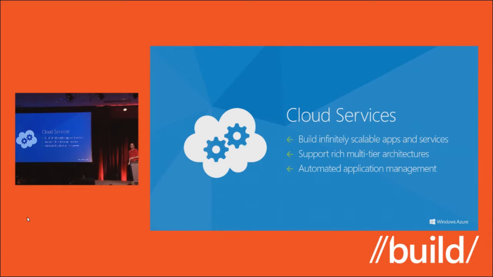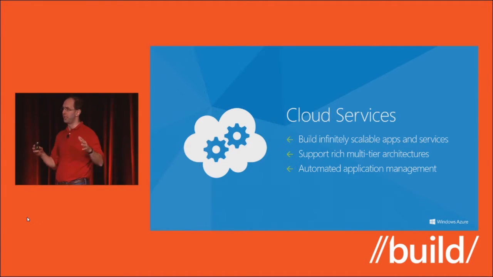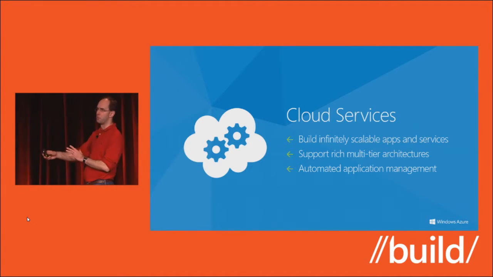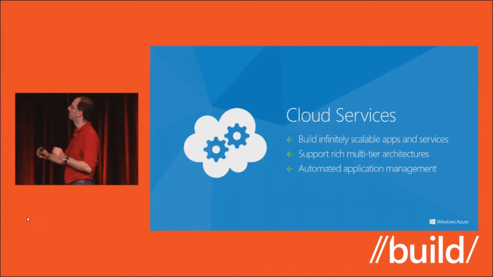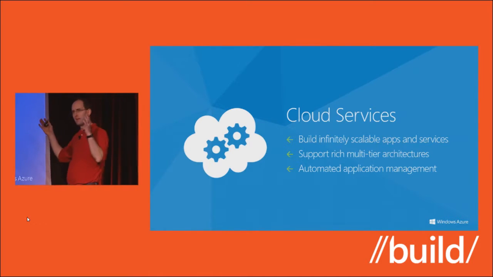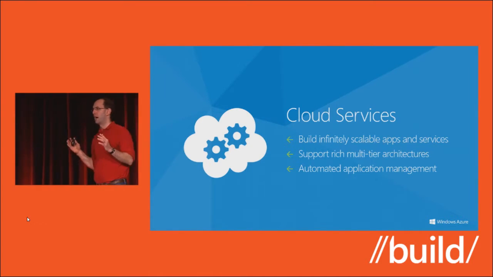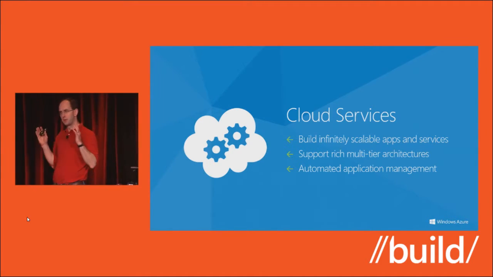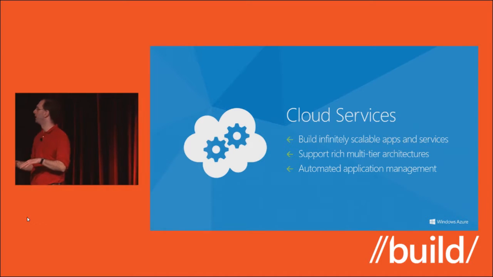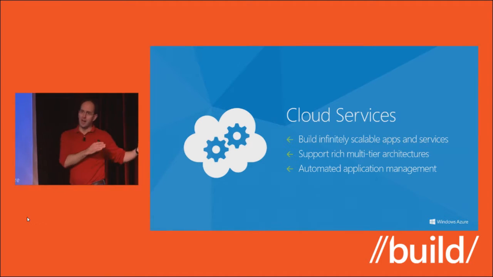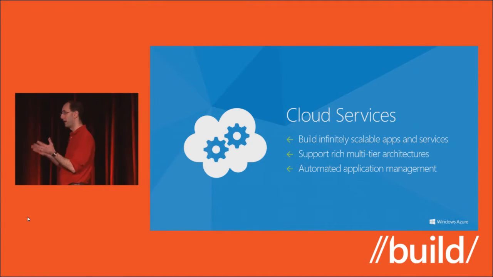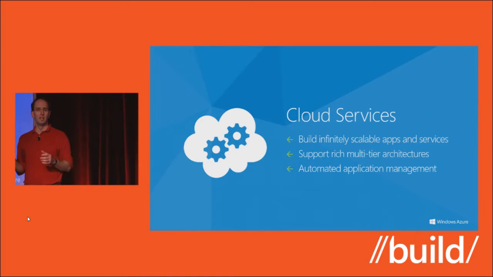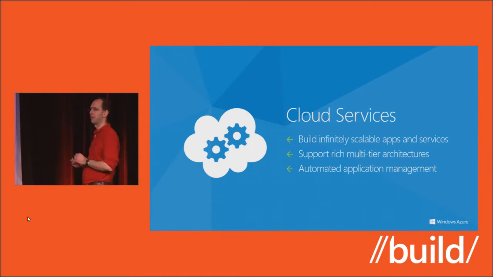Last compute model I just want to talk briefly about is called cloud services. So we talked about VMs, which give you your own machine where you can put anything you want on it. We talked about websites and mobile services, which are managed programming models designed for building web apps and mobile apps. Cloud services is kind of the grandfather of them all in terms of capabilities. And it basically provides a managed experience for deploying apps, or what we call a platform as a service-based model, that lets you pretty much build anything. So you can build UI, both mobile and web, but you could also build non-UI. Some of our biggest customers do lots of financial analysis, so it's pure number crunching, but they want to use this cloud service model to spin up and spin down those instances dynamically.